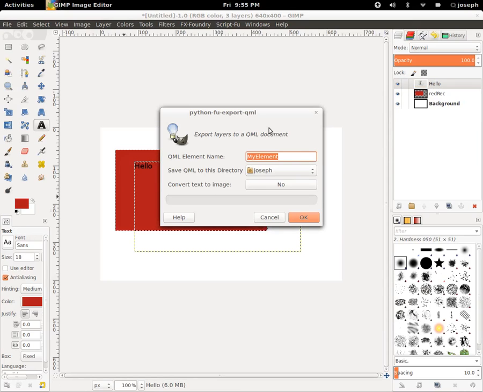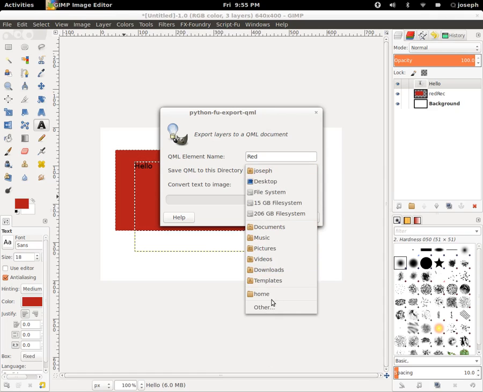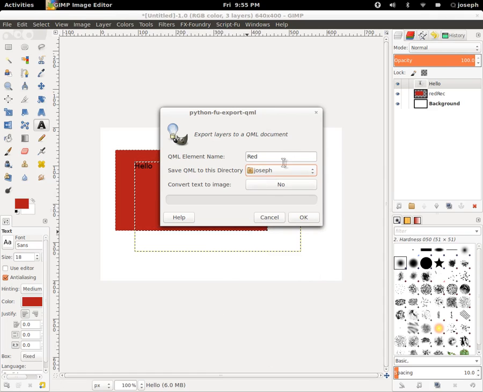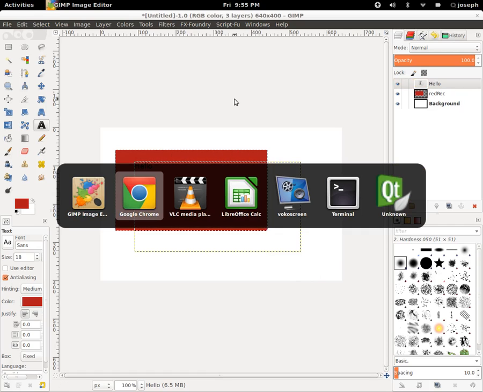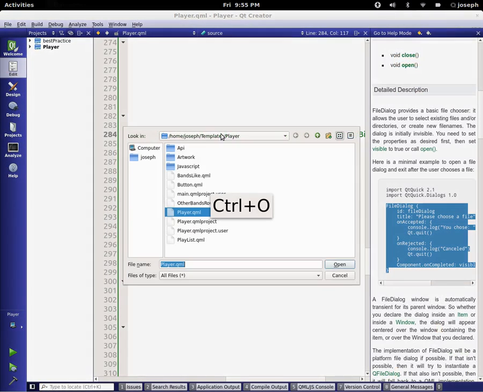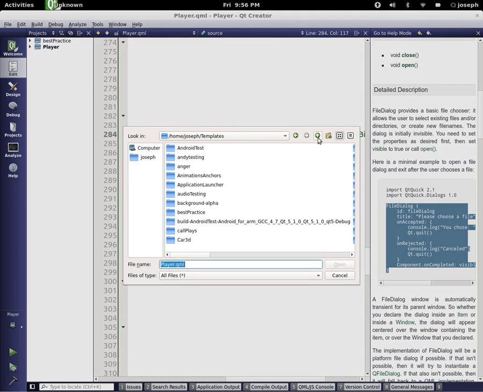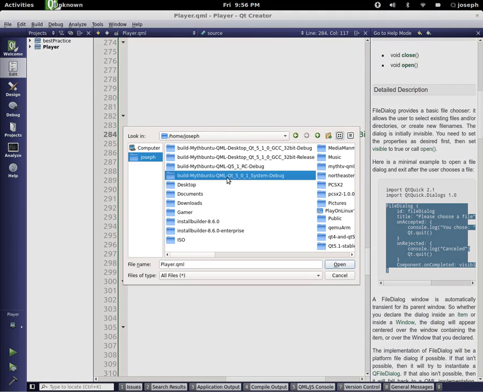I'm going to call this red, okay? And we say, save this to whatever file we want to, okay? And I'm just going to say, save it to my home file for now. And press OK, and it converts it all over. So now if we go over to our Qt Creator here and open it up, go to Joseph, we can see somewhere around here in the red section